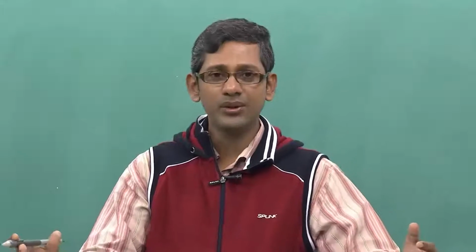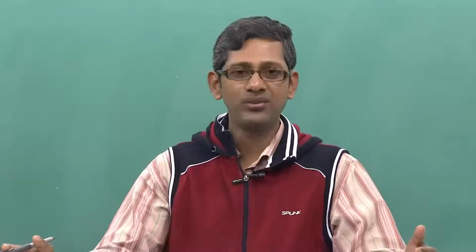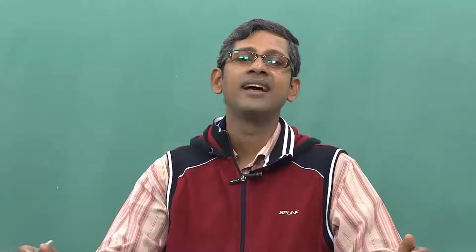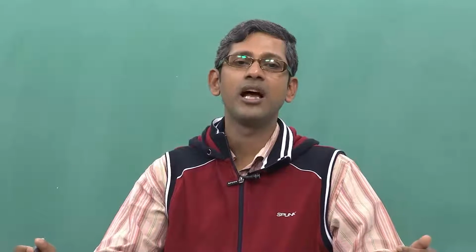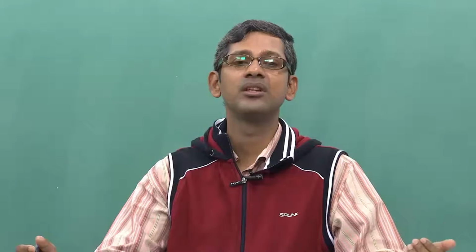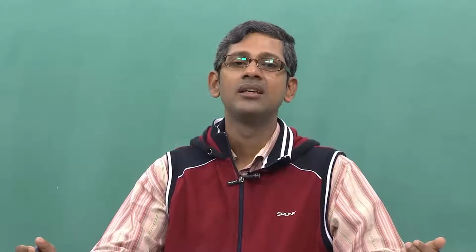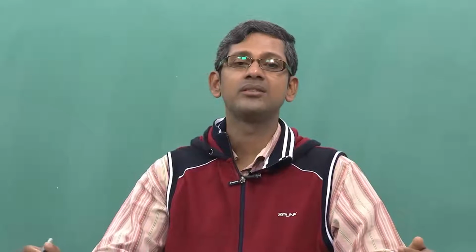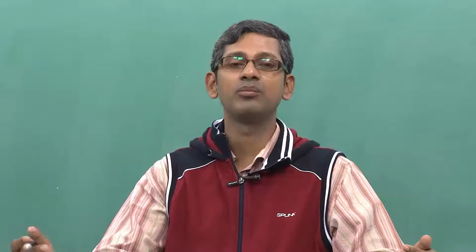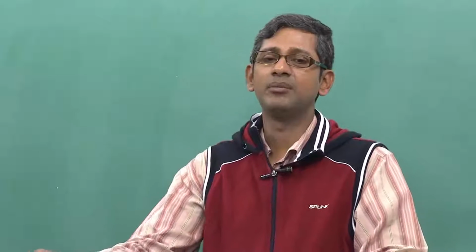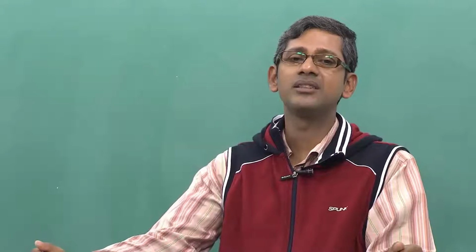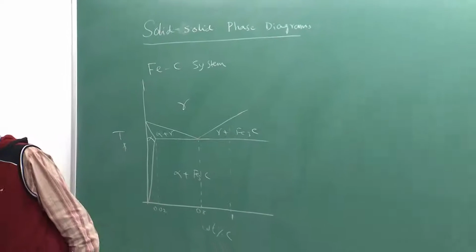So, I discussed with you these transformations in which pearlite forms and how the transformation actually happens, followed by the transformation in hypoeutectoid steels, that means steels whose carbon concentration is less than 0.8. I was supposed to discuss the hypereutectoid steels, that is steels with concentrations more than 0.8. For the hypoeutectoid steels, the phase which forms first from the gamma is the alpha. That is what is shown in this picture.